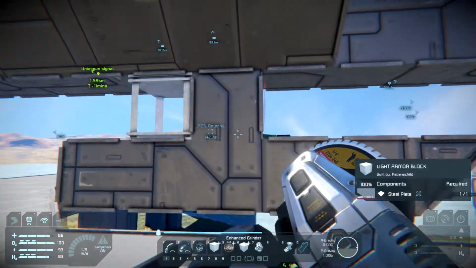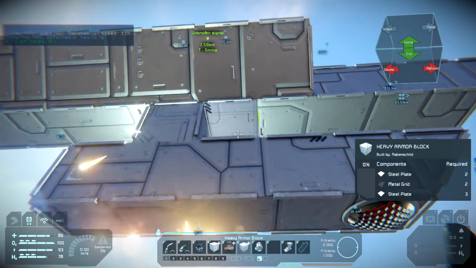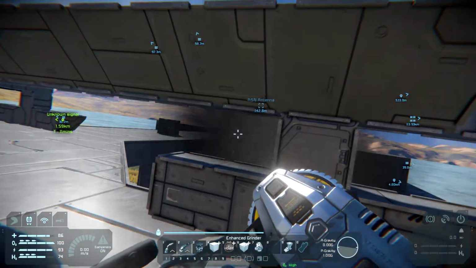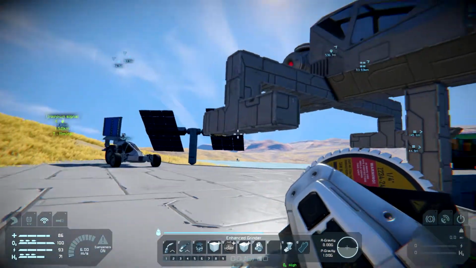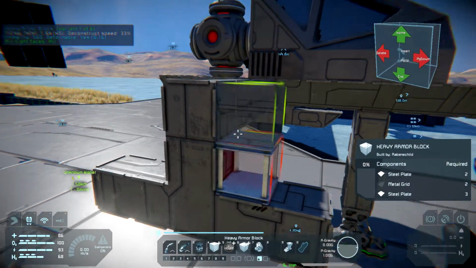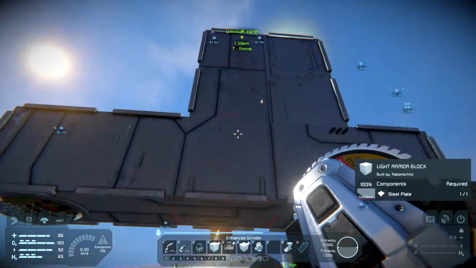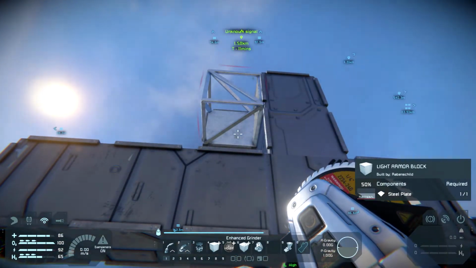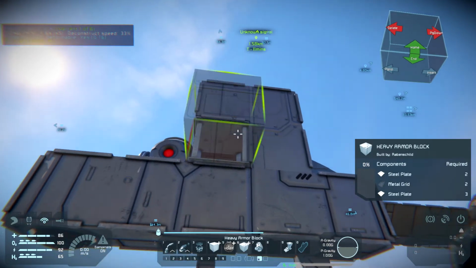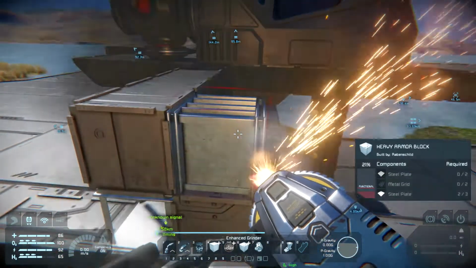I want to use this block just to hold the other block in place, and then remove this again. This, remove. Ooh, that could have gone wrong. And then this, and then just remove